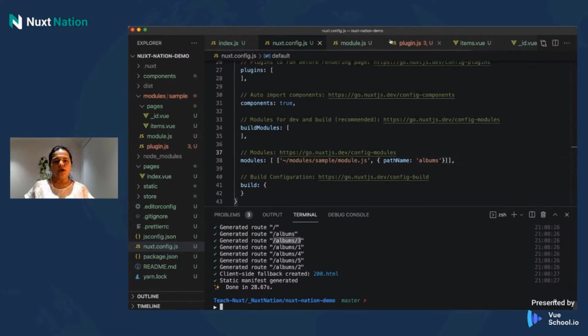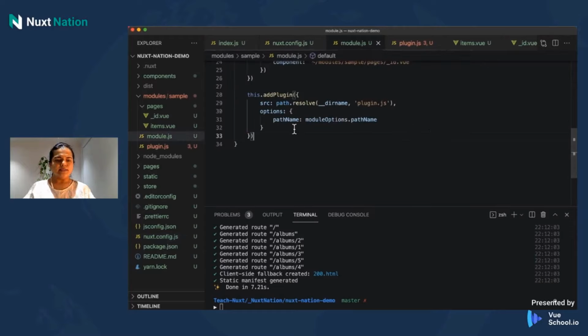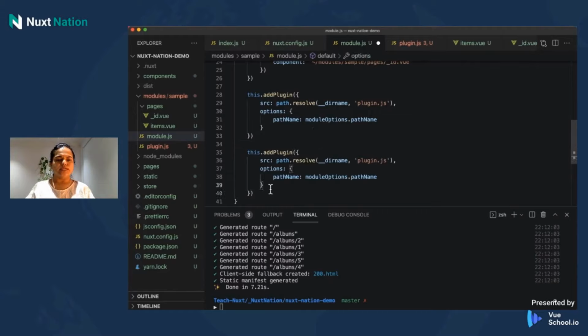In the same way, we can provide further module options, say a custom API endpoint, so that we don't have to fetch the JSON placeholder all the time. Now, before we finish, let's take a look at one more plugin where we inject a Vuex store into our module. So let's go back to our module.js, and I would copy this block. We won't need options in this instance. We will simply create a store plugin,